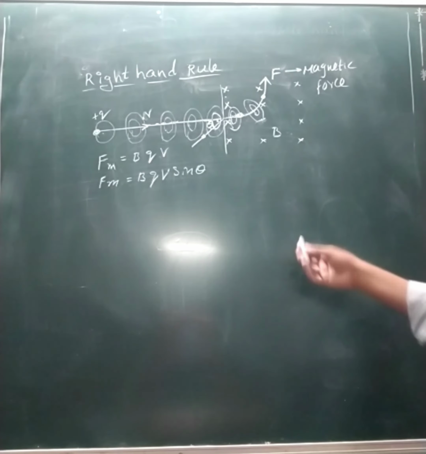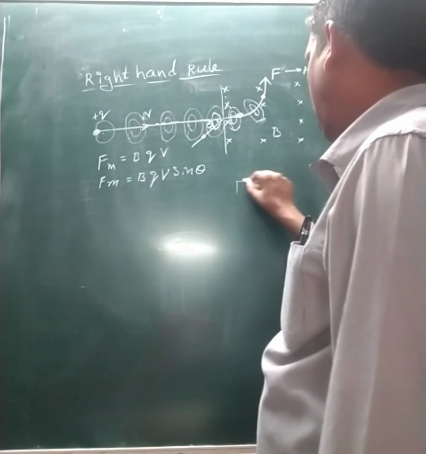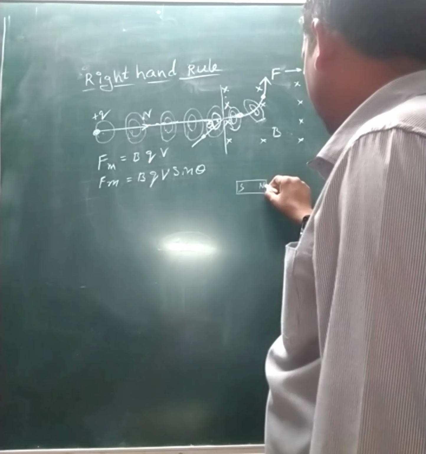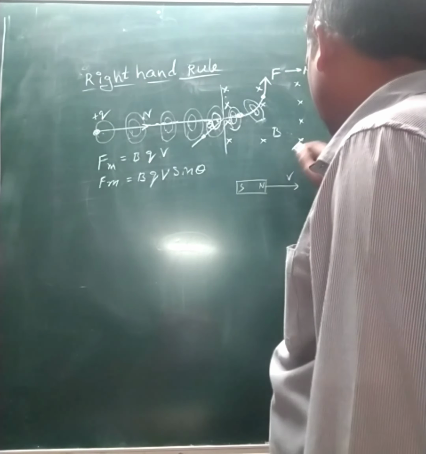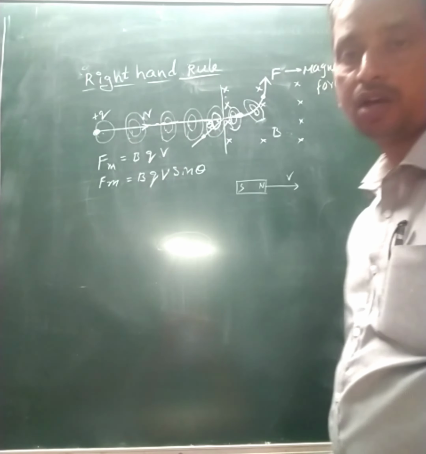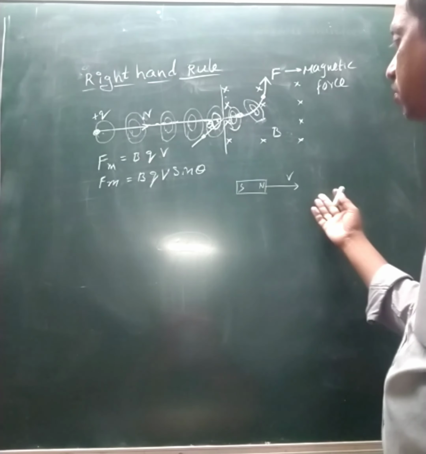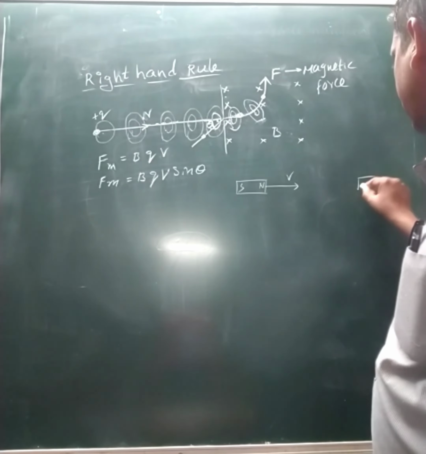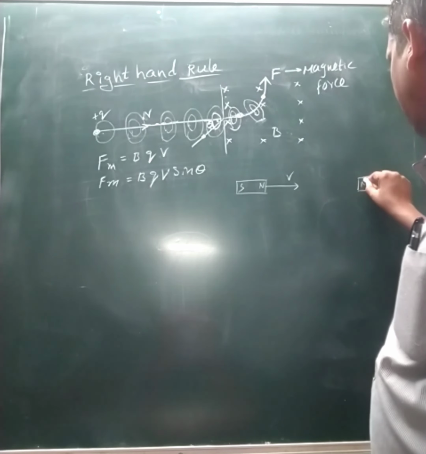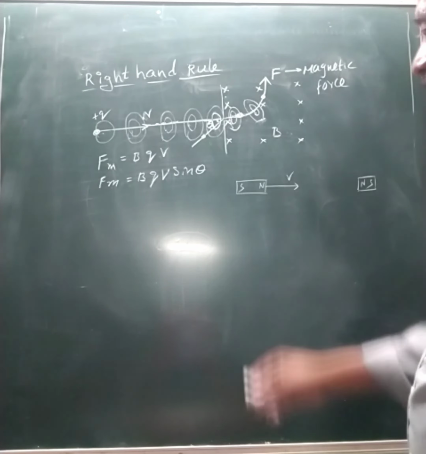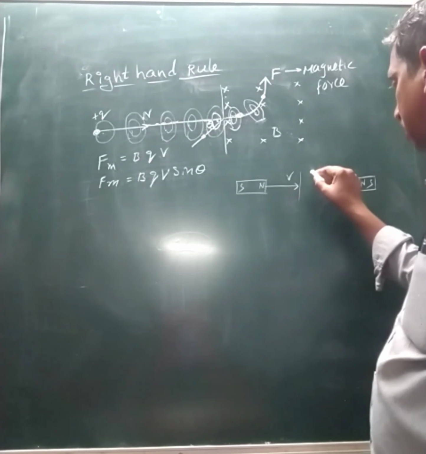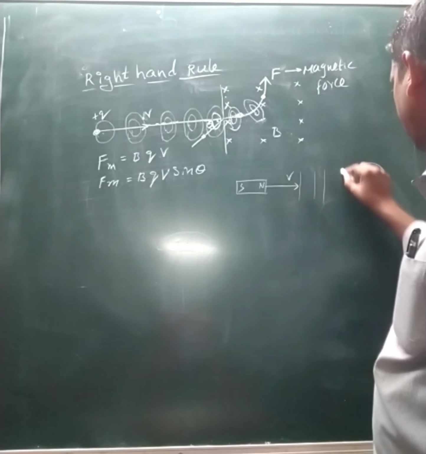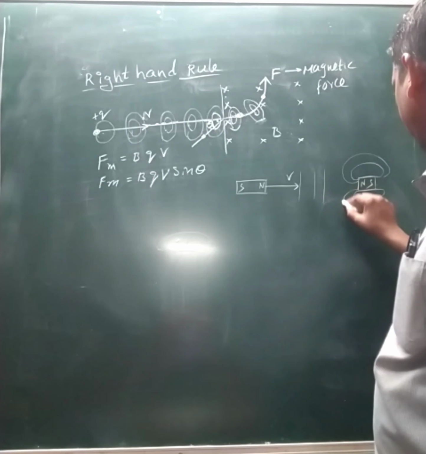Why? Because of a simple condition. Here you have to assume a bar magnet. Now it can be moved with a certain velocity. Is any opposition there? No. It can be easily moved from one point to another point. Suppose at a certain distance we place a bar magnet like this. Now is any effect here? No. Here also, is any effect there? No. Here also no. But this is the region where another field is there.